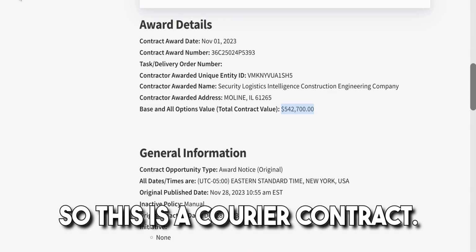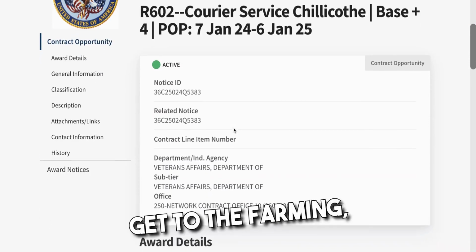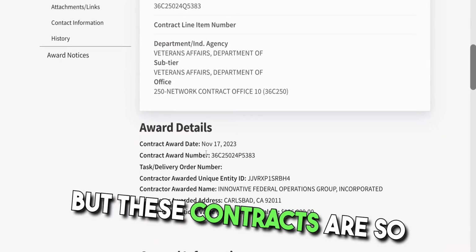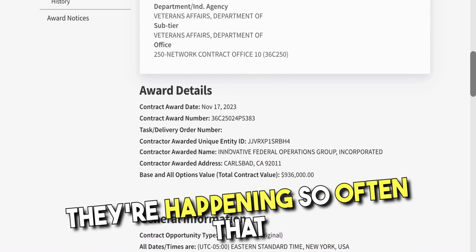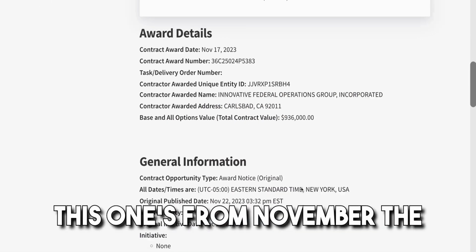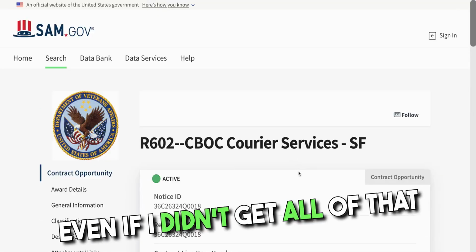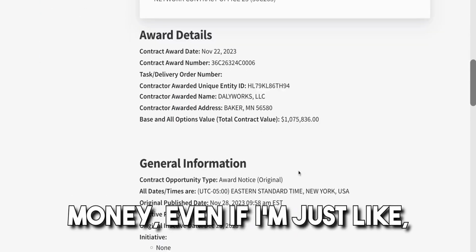So this is a courier contract, so I can't keep ignoring these. I'm trying my best to get to the farming, but these contracts are happening so often that I just have to turn and pay attention. This one's from November the 17th. Look, $936,000. Like, hello, okay? Even if I didn't get all of that money,